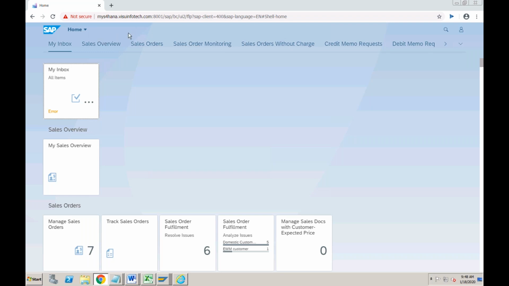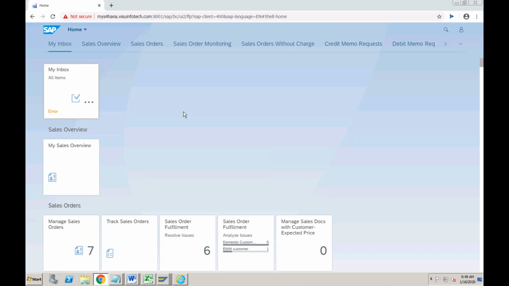Okay, so what is the home screen and why is it called a launchpad? Once you enter your credentials, your username and password, you will be taken to the home screen. Now in this home screen, you will only be able to see those transactions for which you have the authorization. Okay, so just remember SAP Fiori is completely role based. If you have a proper role, then only you will be able to see any particular app. If you don't have any role, then you will not be able to see any app available in your Fiori